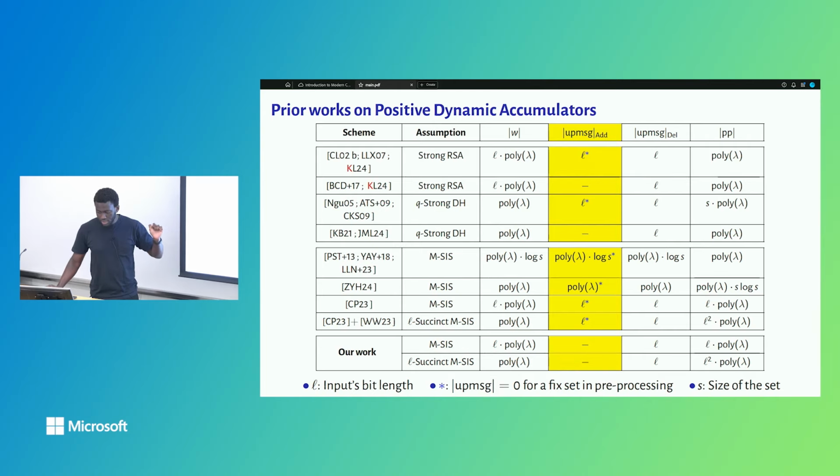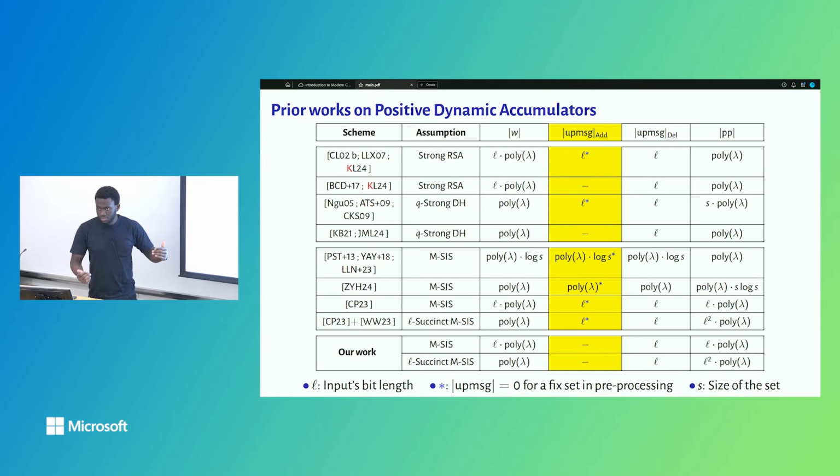What you will see in the first block is that from the strong RSA assumption and the q-strong Diffie-Hellman assumption, which are both non-post-quantum assumptions, we have constructions where, in one case, the update message after add has length L,